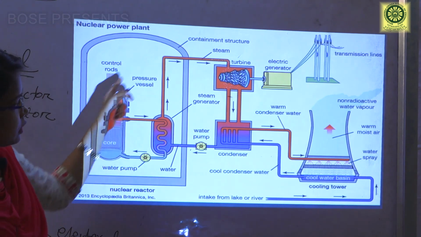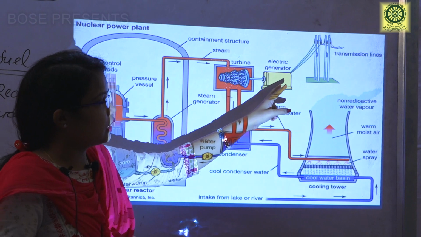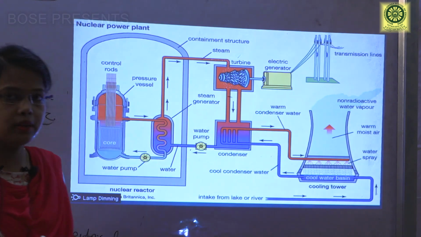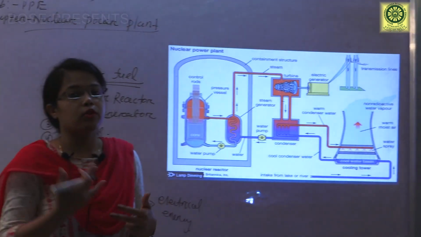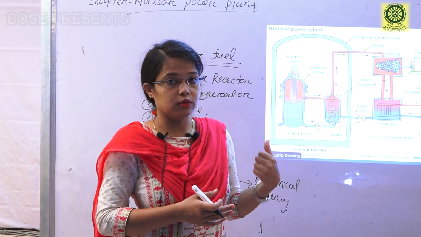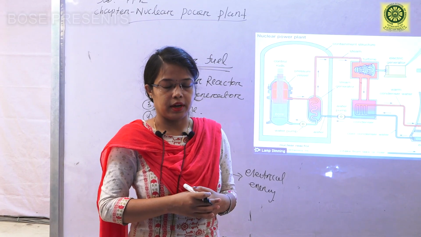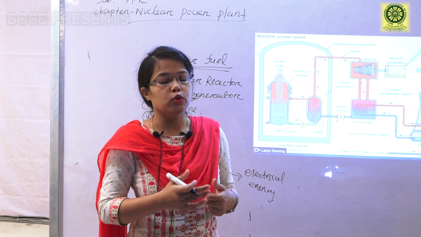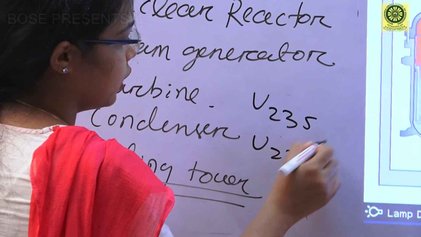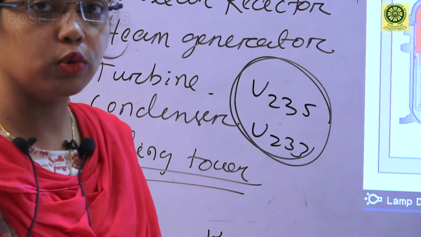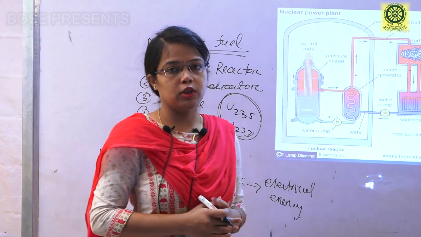Okay, and in this process a cyclic process occurs, and the power generation occurs in the electrical generator that is coupled with the turbine. In this form, in the nuclear power plant, a high amount of electricity can be generated by using the radioactive energy or the nuclear energy of the radioactive material. Normally we use uranium U-235 and U-233 as the radioactive material or nuclear fuel inside our nuclear reactor. So this is all about the layout of the nuclear power plant.